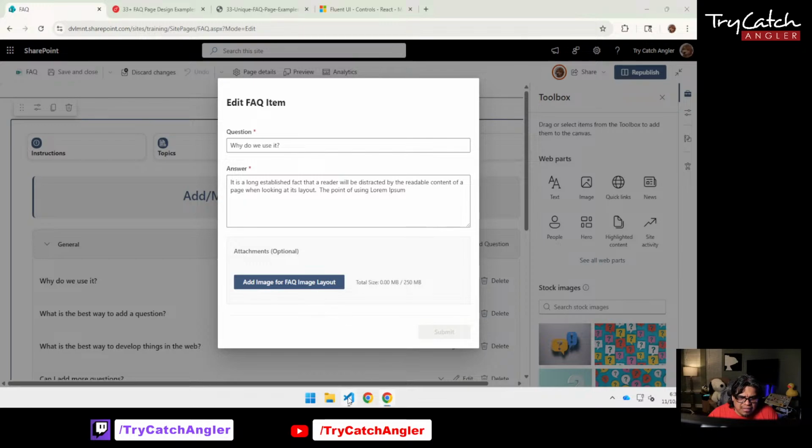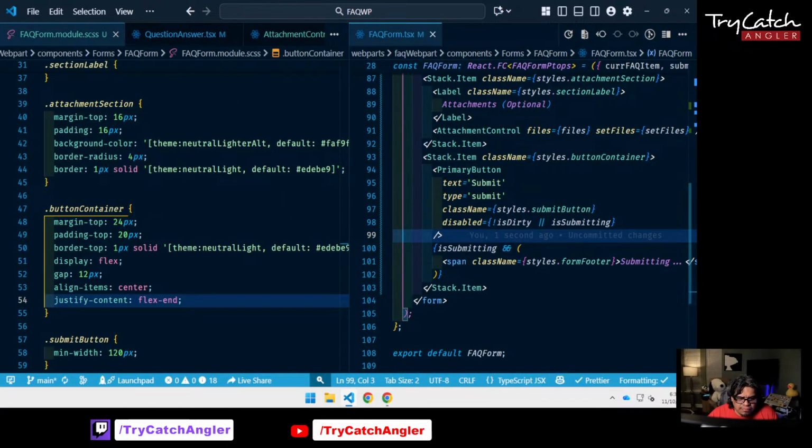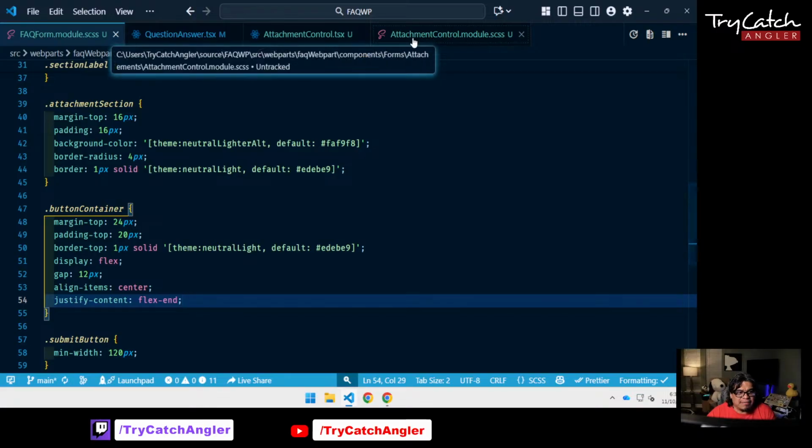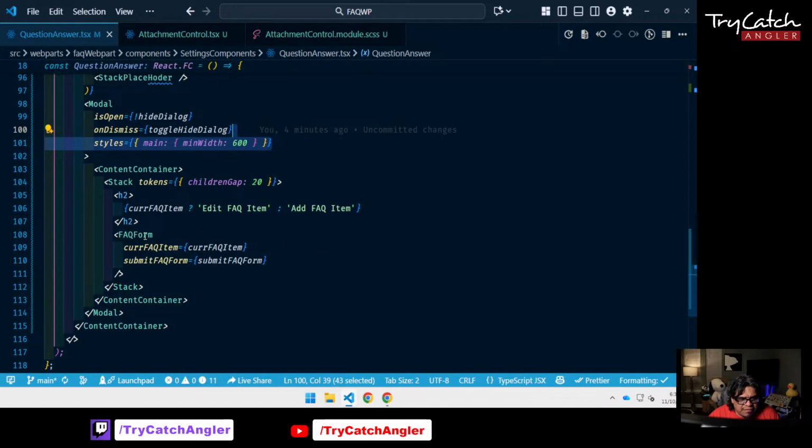Let's go ahead and do that. So we need to create something in the API that adds the attachments, the image that we need. So in our FAQ form,